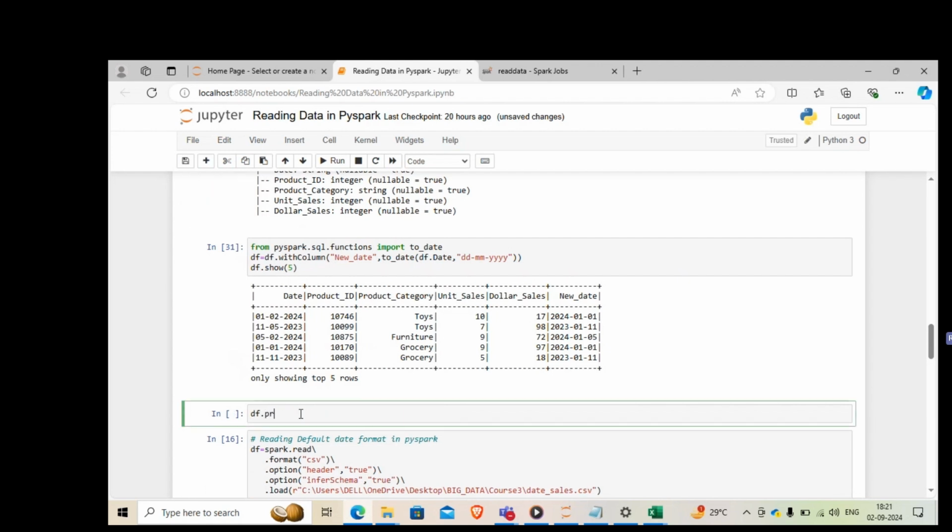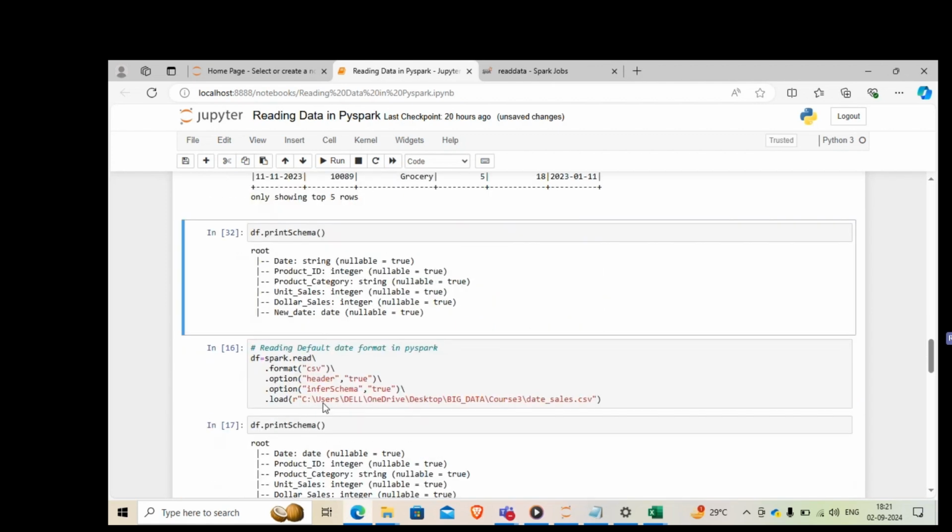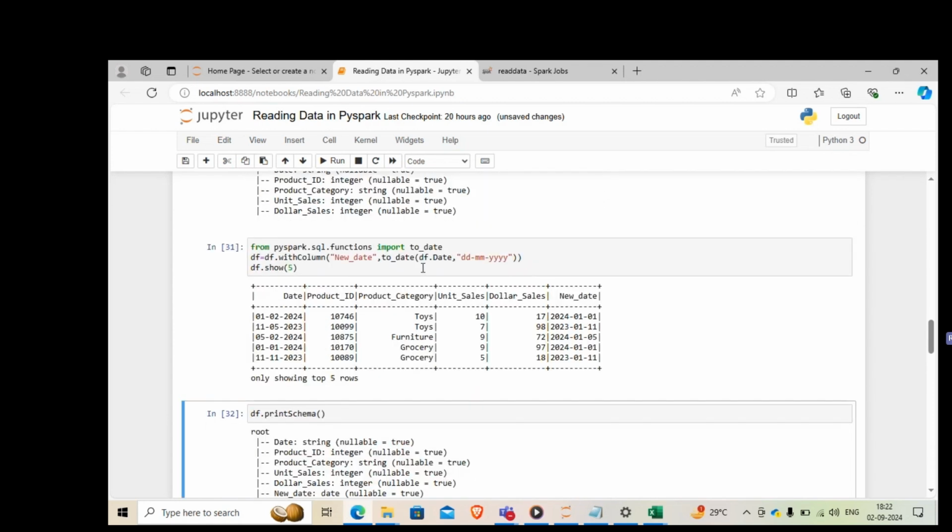Doing df.printSchema. So now if you see, your new date is in a date format, but the original date we had was in a string format. So this is also another way of doing it. Just a small